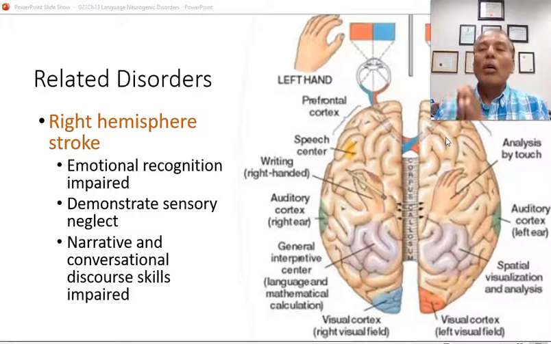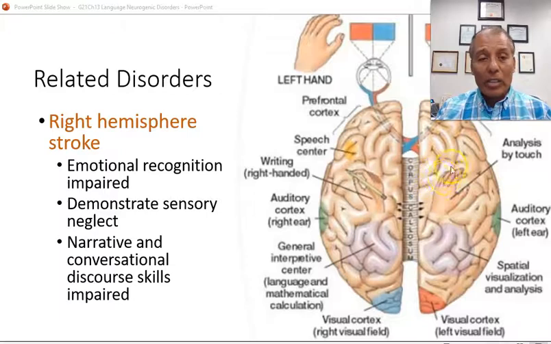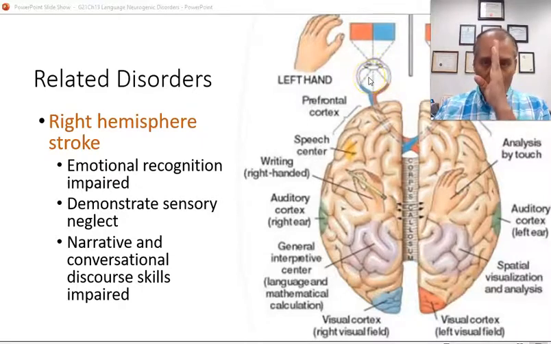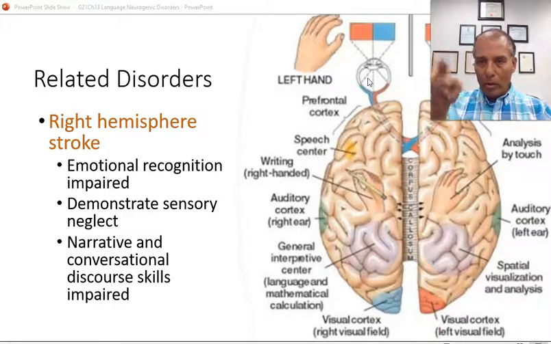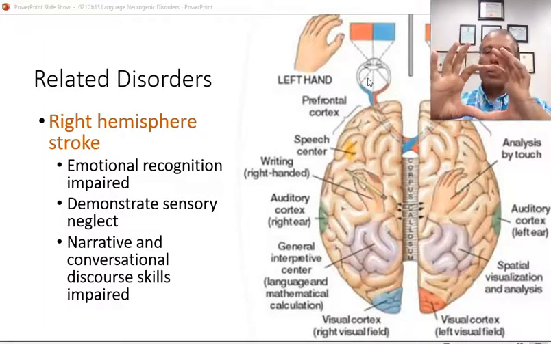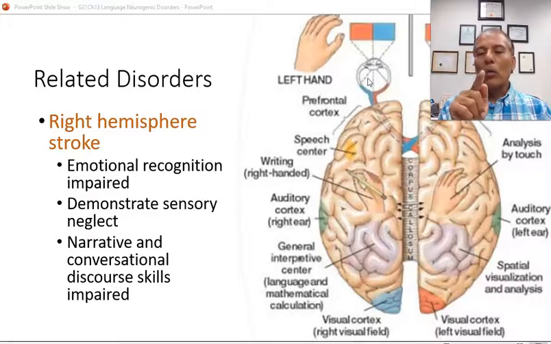We just call it right hemisphere syndrome or right hemisphere damage. One of the characteristics of right hemisphere damage is vision cuts in the left eye. So the person, for example, wouldn't see from the left side. If you ask them to draw a clock, they draw half a circle. Or if you give them a clock that is a circle and say put the numbers, they go 1, 2, 3, 4, 5, 6, and they kind of stop there.